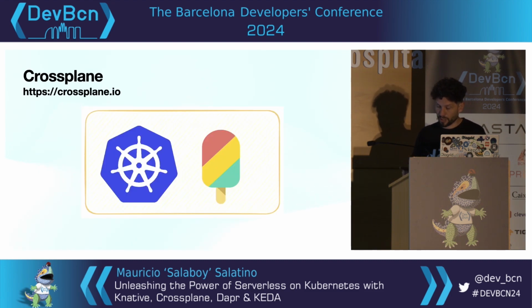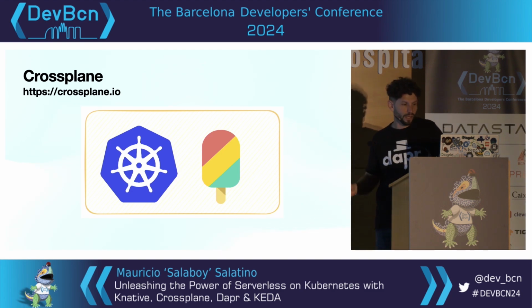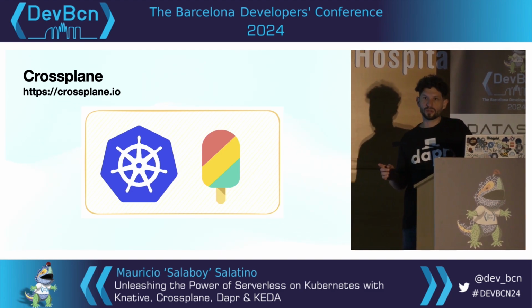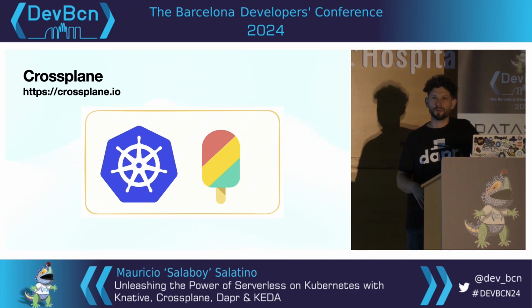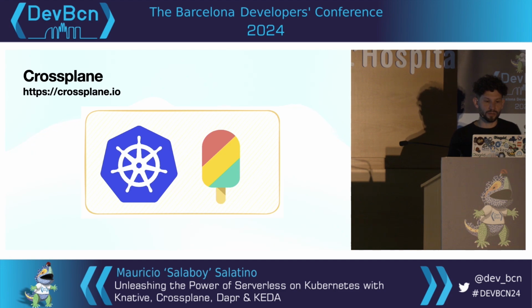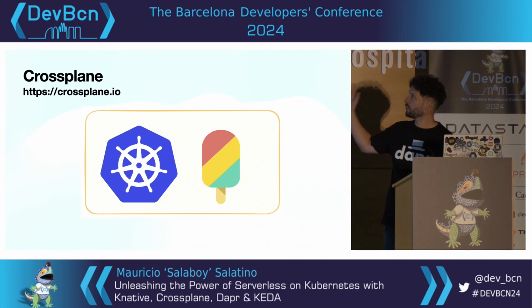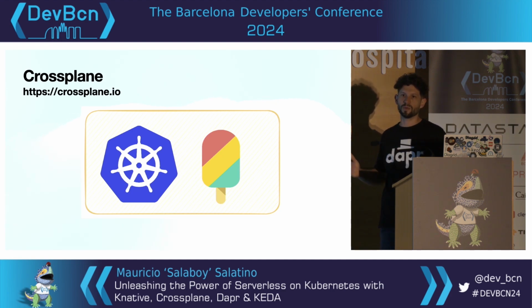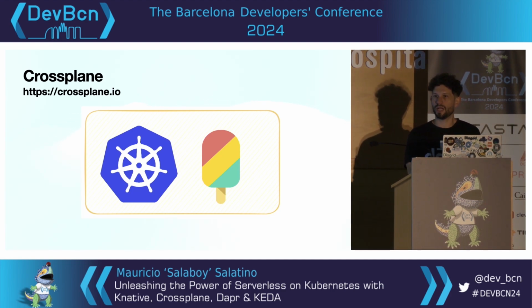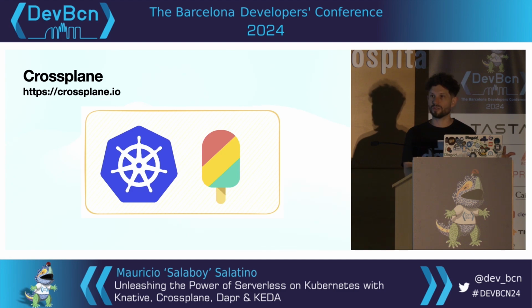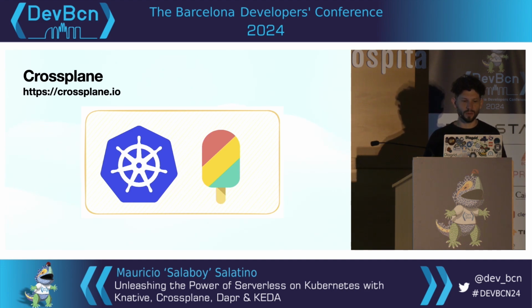To finally arrive at something that OpenFunction is not using, but I think it's also important to mention. Because I've been talking about clusters, about infrastructure like databases and message brokers, and also about deploying the application, but I haven't been talking about creating and provisioning infrastructure. If you're working with any kind of application like the one that I'm showing that is running on a Kubernetes cluster, you will need to manage and create cloud resources, including Kubernetes clusters, right? Who created the cluster that I'm using? Well, you will probably be trying to automate that using a tool like Crossplane, Terraform, or Pulumi, which are the ones in the space.